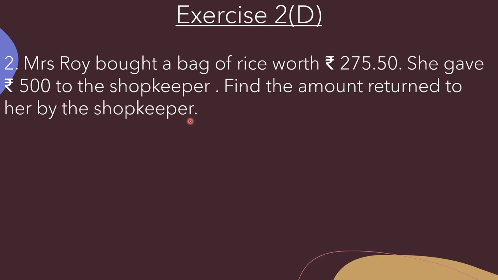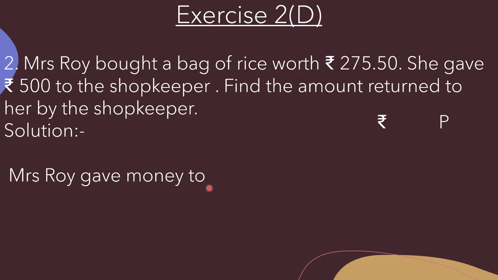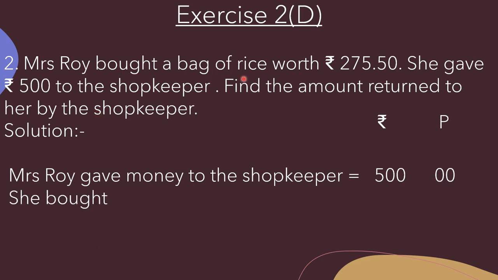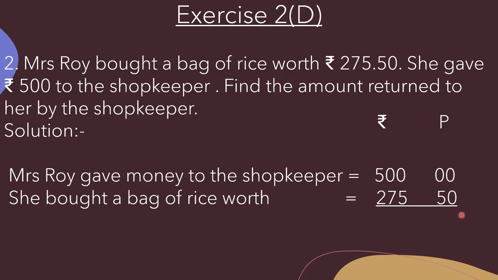So to find out the return money we need to subtract the given amount. So here we will write rupees and paise first of all. Then Mrs. Roy gave money to the shopkeeper, that is equal to 500. Okay. And worth of bag. She bought a bag of worth rupees 275 and 50 paise. Now the amount returned to her by the shopkeeper, that is equal to, we need to